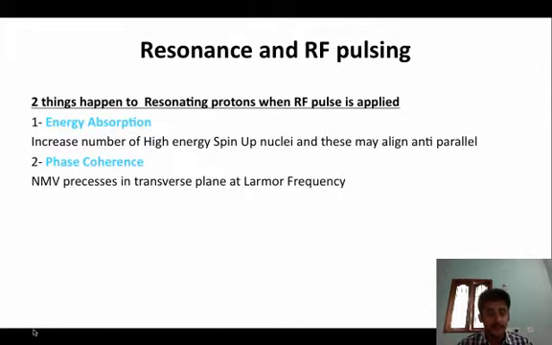Phase coherence is simply this: by applying energy, we can push the protons downward, but all the protons are not in the same phase, they are in different phases. So there is no net magnetic moment; we can't assess in which direction the net magnetic moment points. Hence, we apply a rotating magnetic field, a radio frequency pulse of a sine wave with 120 degrees phase shift.